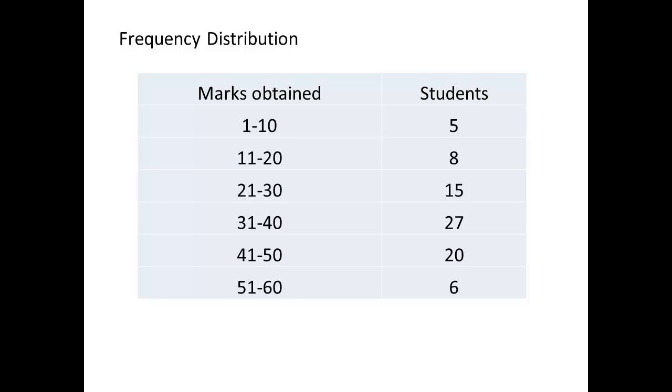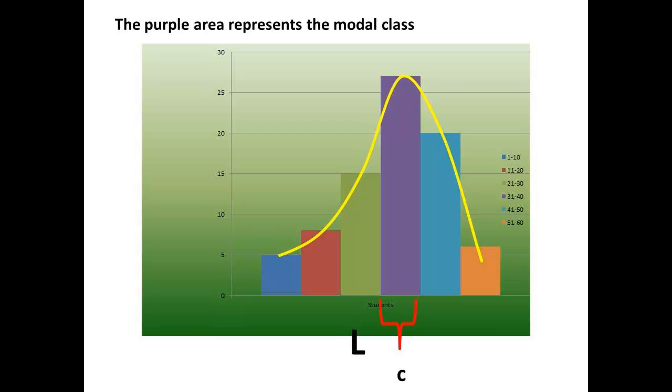We shall now look more closely at the mode for frequency distribution. The table shows class intervals for scores on a test by a number of students. If these are plotted on a bar chart, then we get the result shown. The yellow line passes through all the midpoints of each class interval. L represents the lowest value of the class interval with the highest frequency, and C represents the size of the